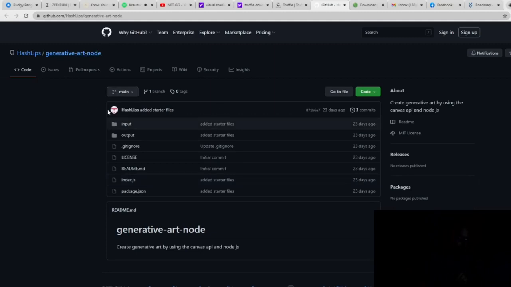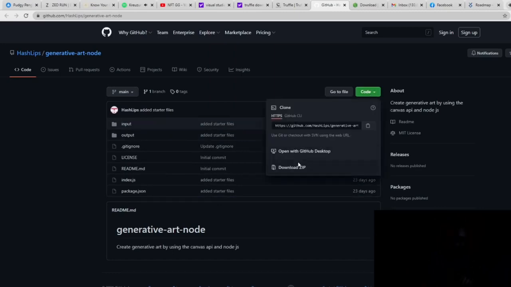All you're going to do is this right here is going to be the base code, right? This is your boilermaker code, and you're going to go to code, and you're going to download zip. Now once you download the zip, just extract it. You can use something for free, either a WinZip free trial, or you can get PeaZip, P-E-A-Z-I-P. That is what I use for everything. It's completely free. There's no trial expiration, and you can extract that file anywhere on your computer,